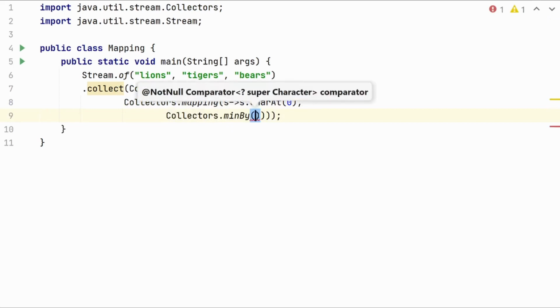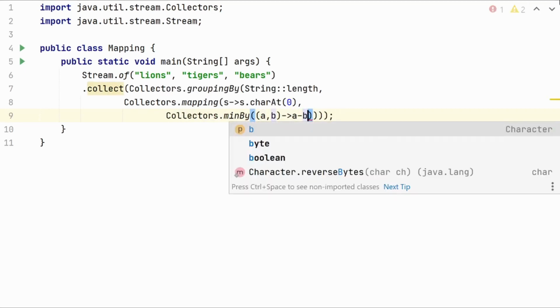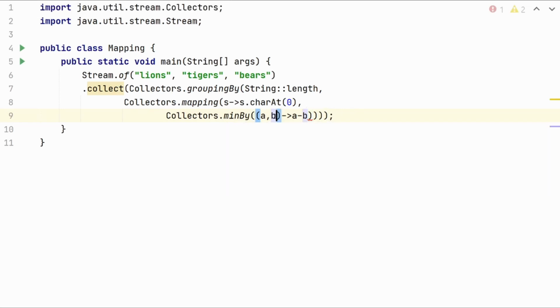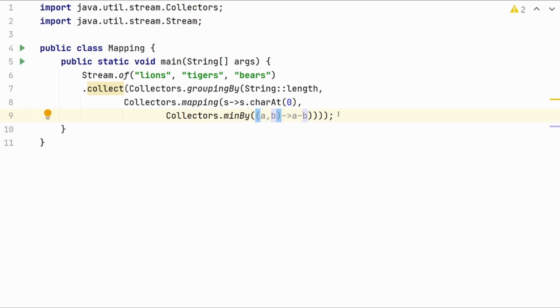Control P. So it has a comparator, right? So how do we pass the comparator? The two values, and then a minus b. If a is less than b, it will give a minus. If a is equal to b, it will give 0. If a is greater than b, it will give positive. Okay,